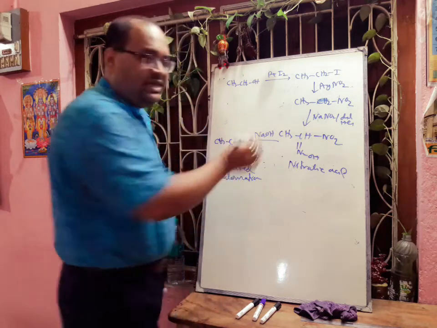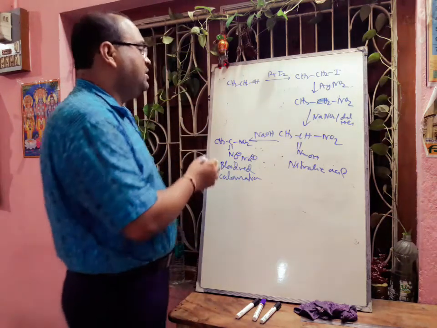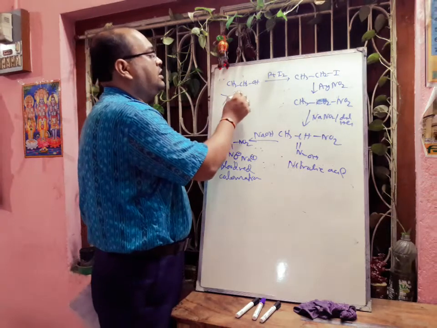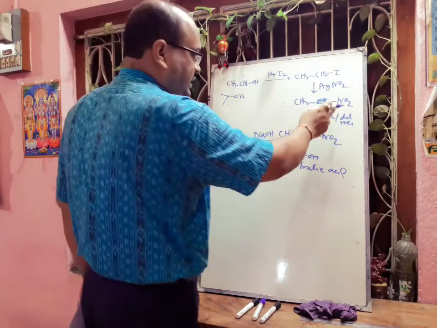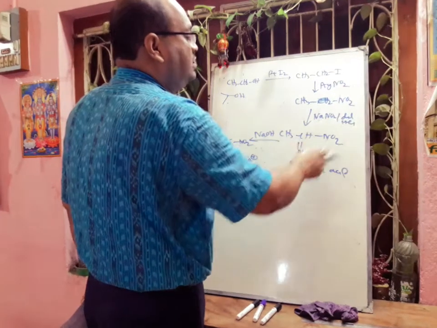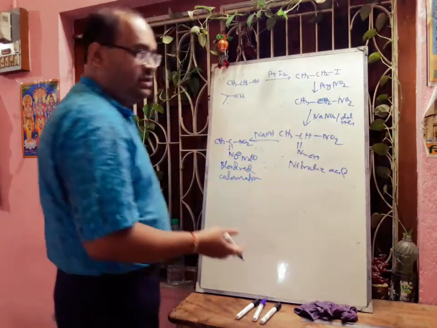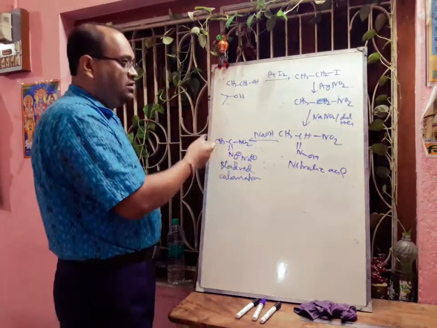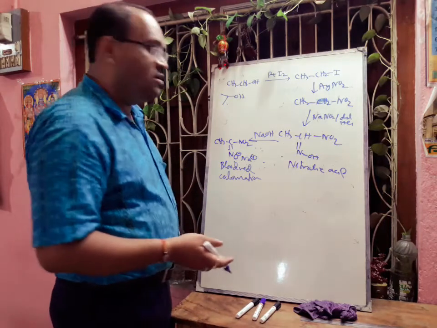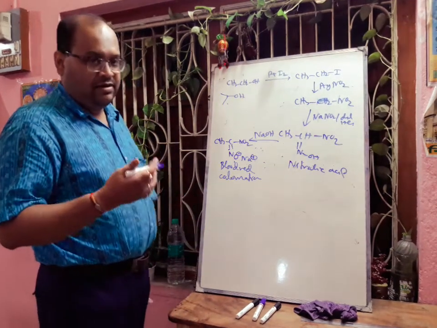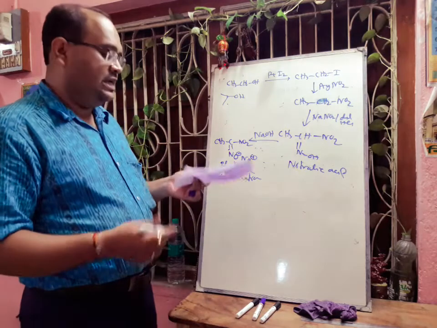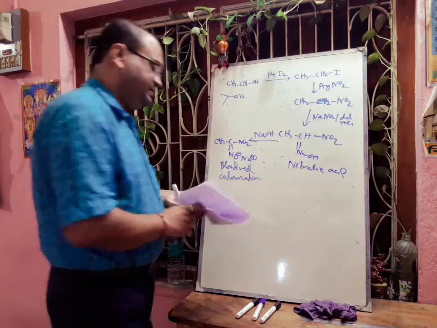The same process you will apply in case of isopropyl alcohol. It will give blue color. It will form first iodide, then nitro compound, then NaNO2 and dilute HCl. It will form the corresponding pseudonitrole. Then after NaOH, it will form the blue coloration. So from this color change, we can easily identify which one is the ethyl alcohol and which one is the secondary propyl alcohol. Okay.